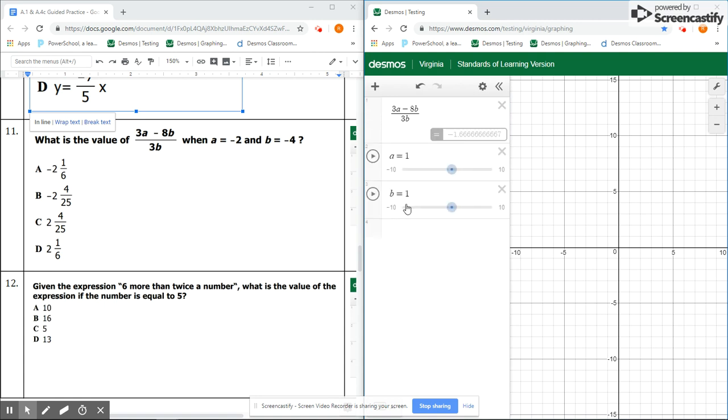I'm going to click all. And if you notice, it says a equals 1 and b equals 1. That's not what I want here. I want a to equal negative 2, so I'm just going to change this to negative 2. I want b to equal negative 4, so I'm going to change this to negative 4. Okay, and it gives me the answer of negative 2.166667. All right, now if you notice that my answer choices, none of those are negative 2.16667, but they do